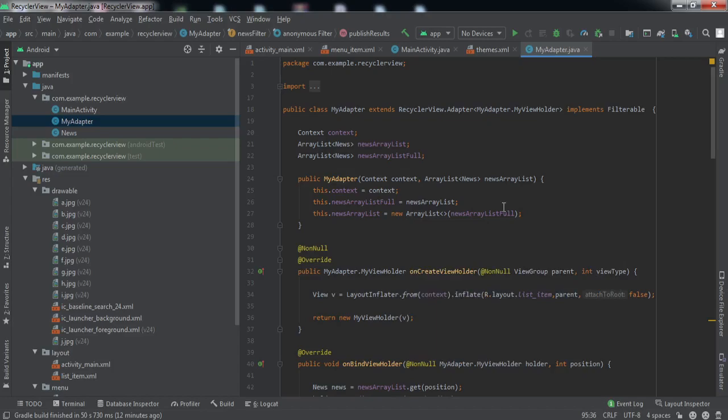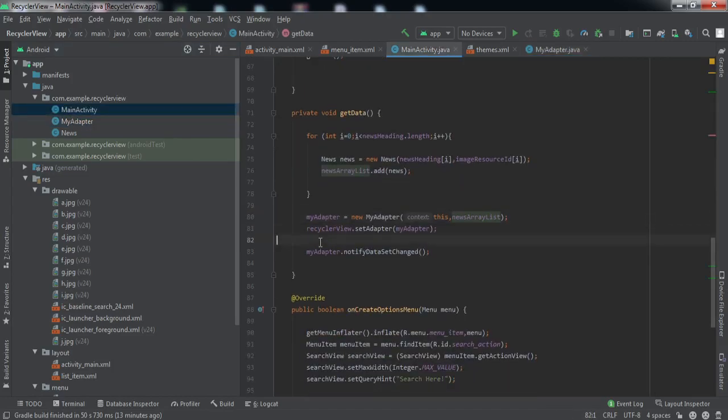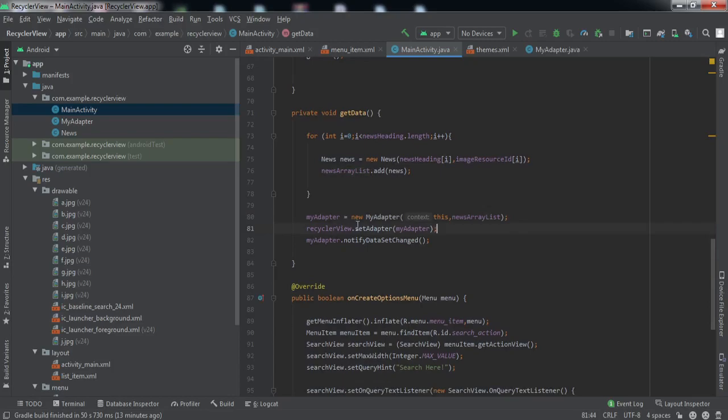So whenever an object is created, an empty array list will be passed, then this particular array list will be set to an empty array list, right? So it will not contain any data. So whenever the application starts, a particular constructor of this class is called, then no data will be shown inside the recycler view. So that's why make sure that when you populate this array list with the data, then you create an object of adapter and set it to the recycler view. So that is pretty much everything we need to do to implement this feature.